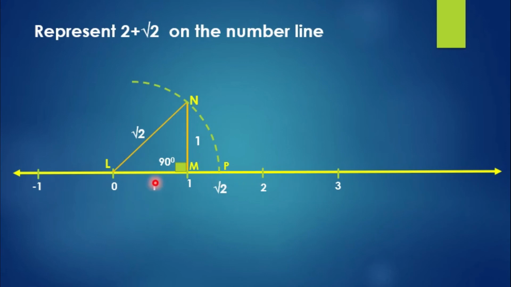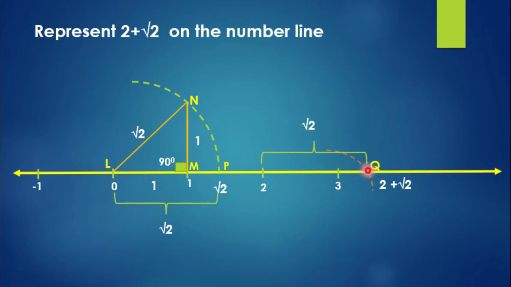Do you know how to represent 2 plus square root of 2? You already know how to represent square root of 2 on the number line. Mark that point on the number line. Now take the length of that using the compass. We have to add this length to number 2 to get 2 plus square root of 2. Now move to number 2, keeping that as the starting point, mark that length on the right side of number 2. That point represents 2 plus square root of 2 on the number line.